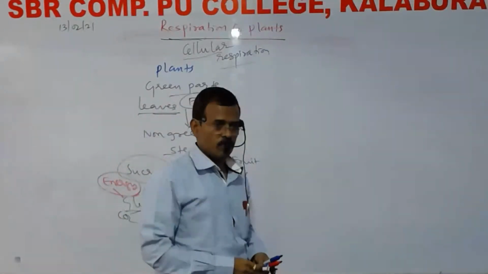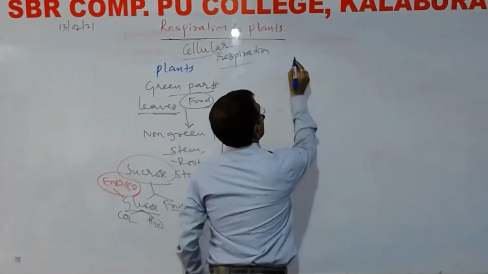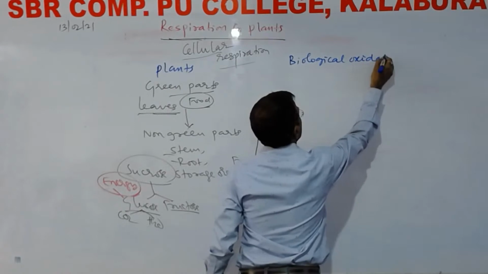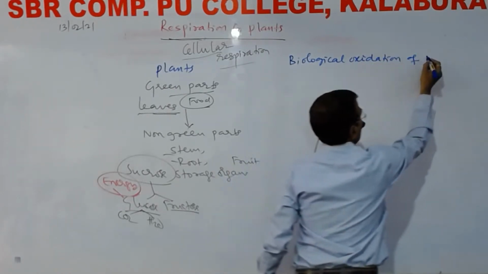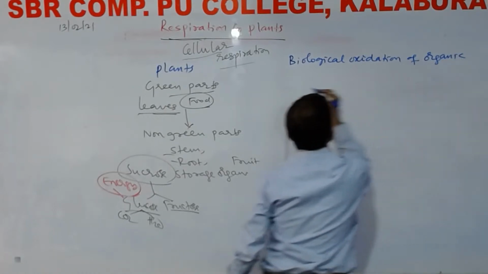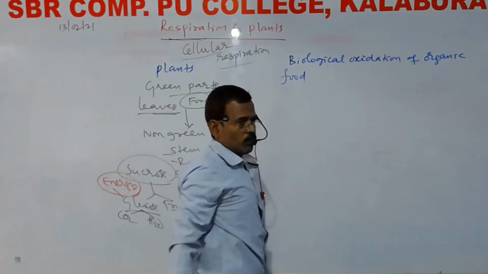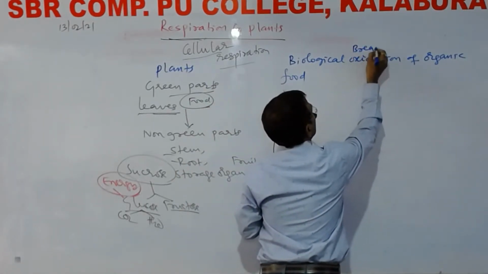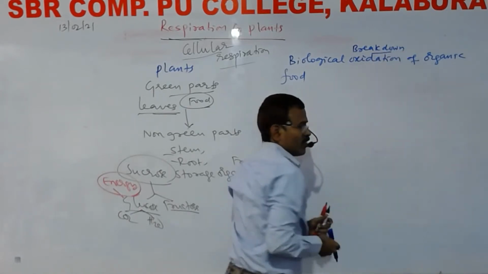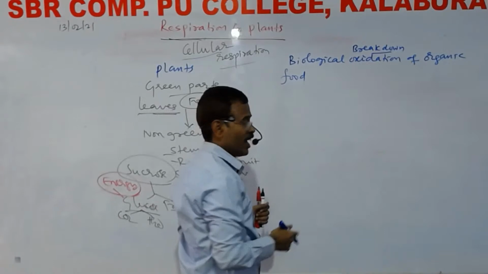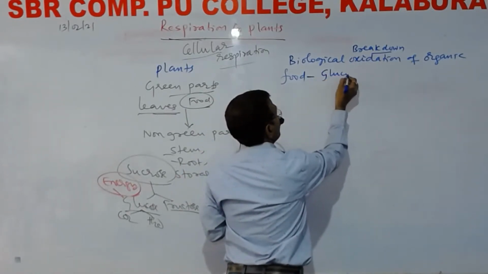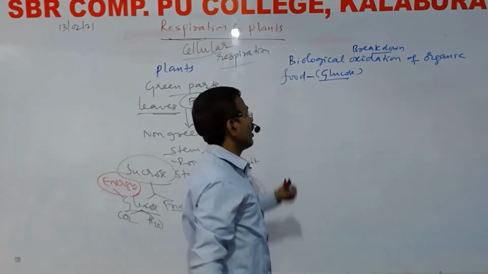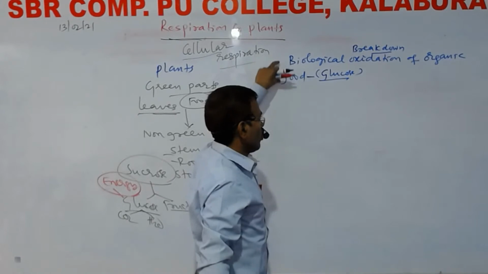So what is cellular respiration? It is biological oxidation of organic food. Biological oxidation of organic food means breakdown. Organic food is usually glucose. This is the simplest sugar to be used in respiration to be broken. Okay, so biological oxidation of organic food, that is glucose,